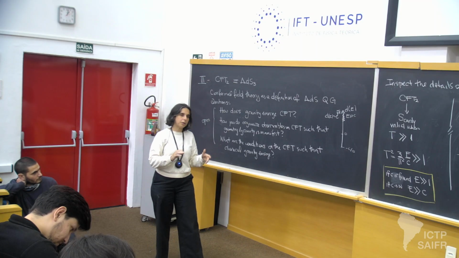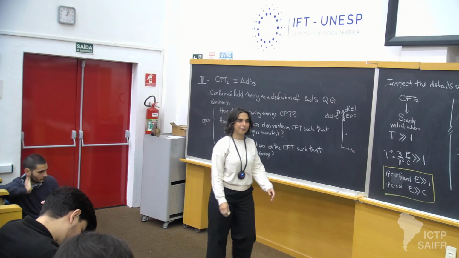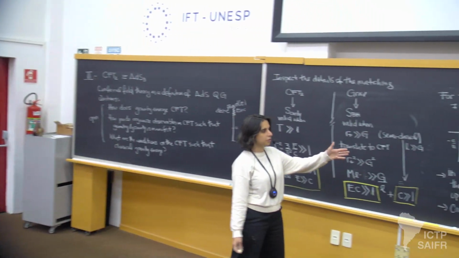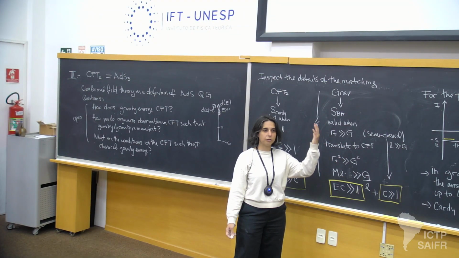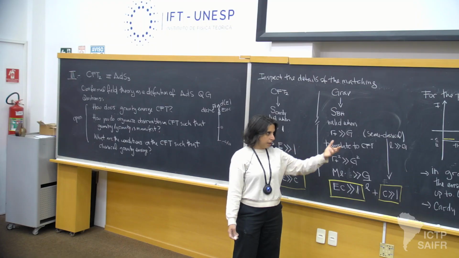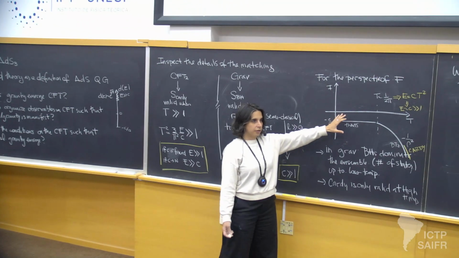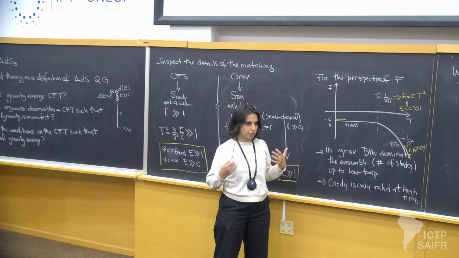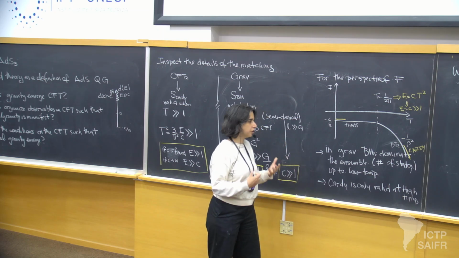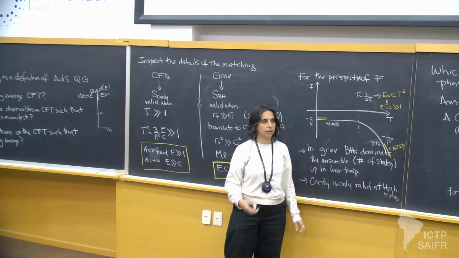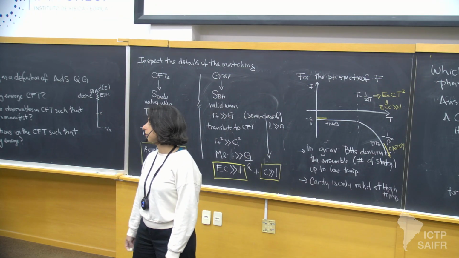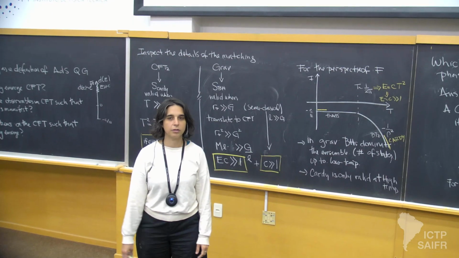But okay, most of the people do think that you still have to sum over topologies. And so then the question is, from the point of view of this partition function, going back to the puzzle that we had in the previous lecture: okay, so this is just the thermal part. Then what happens to the rest of the path integral? What does the CFT partition function tell me as I try to organize it in this fashion? But that's more difficult as a question. In any case, it's something that people are thinking about, trying to work on.